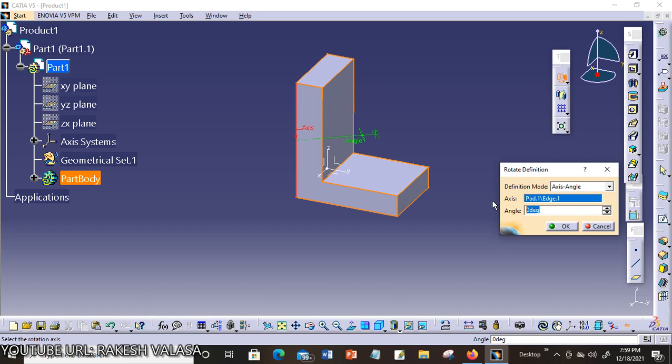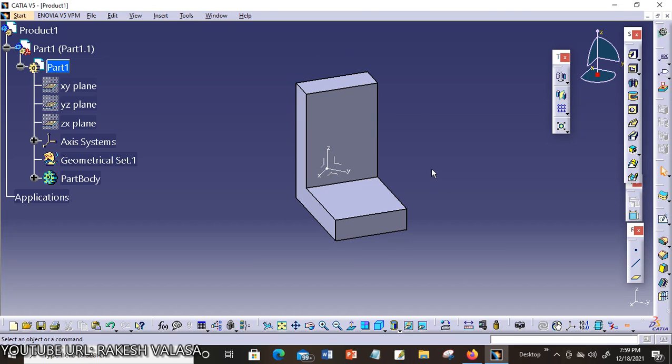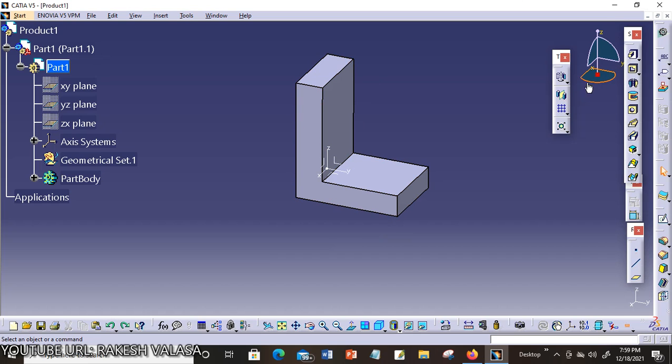Now enter the angle. Now I'm giving 45 degrees. Here the rotation with respect to this edge, the angle is 45 degrees in clockwise direction. You can see the resultant rotation of the body.